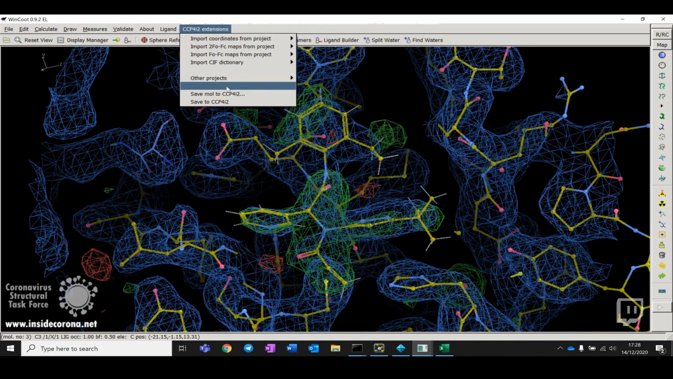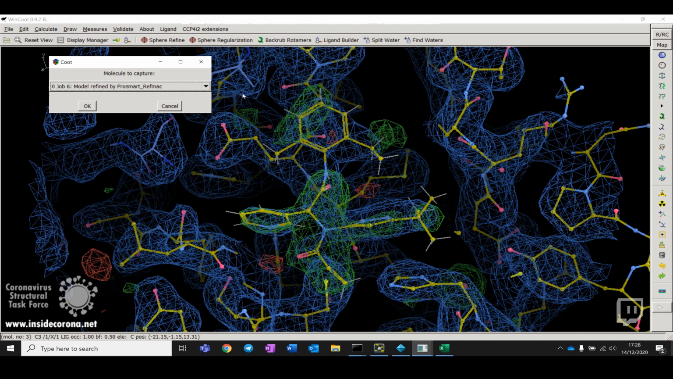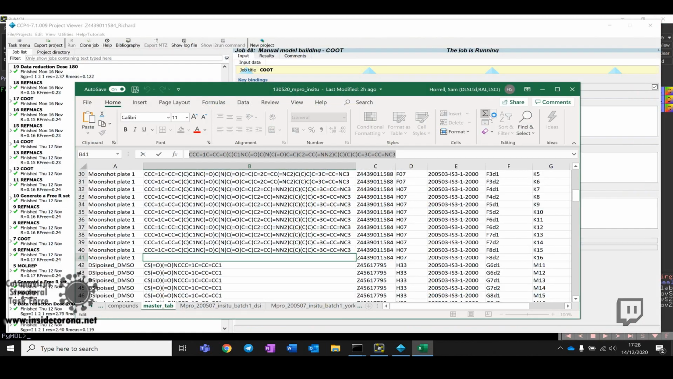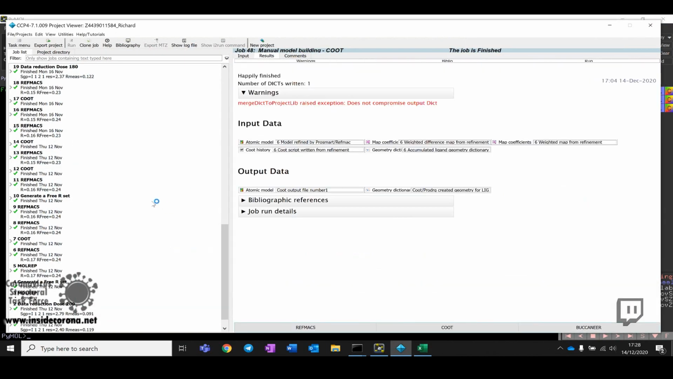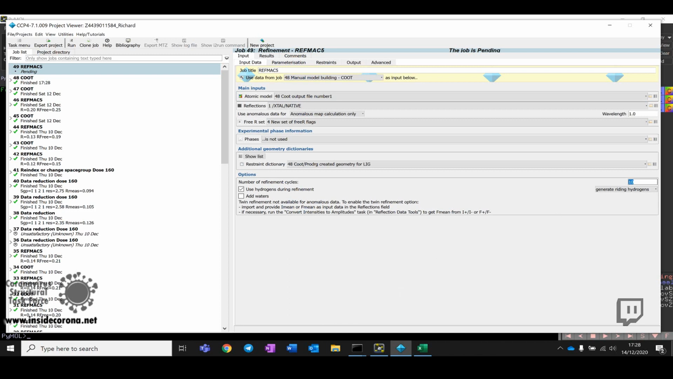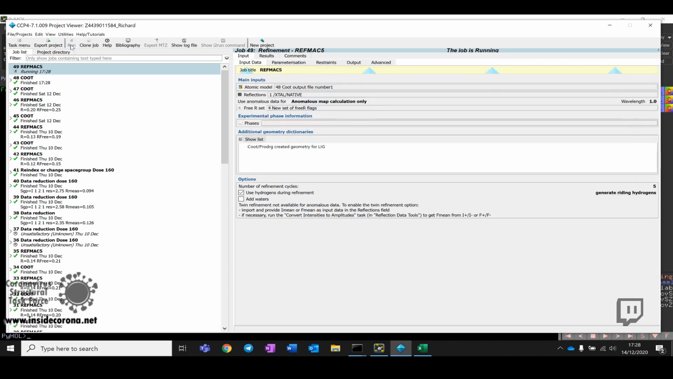And then I'm going to save that molecule. Press OK. I'll close down Coot and come back into CCP4 here. And now I'm just going to run a quick refinement, and while I'm at that, I'm just going to quickly